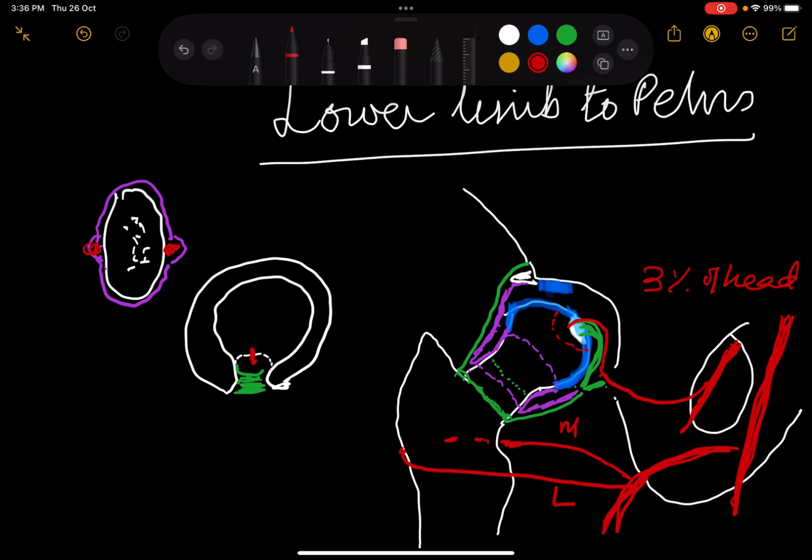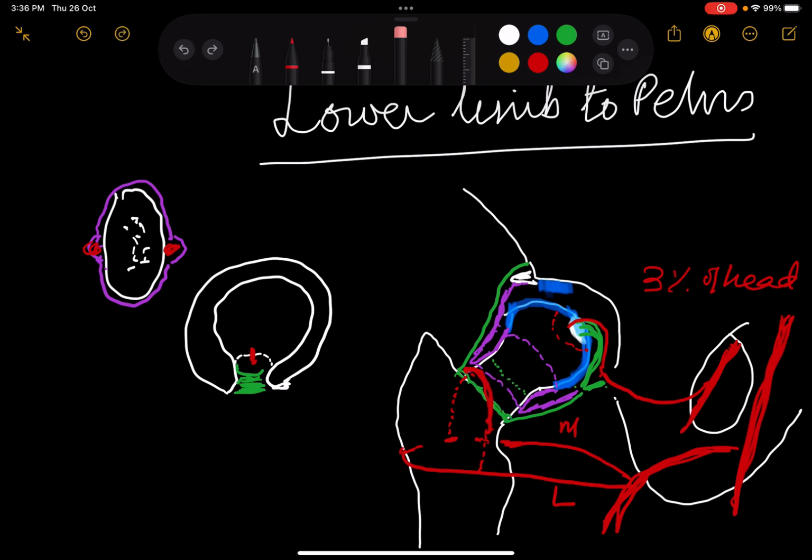The medial and the lateral circumflex femoral artery brace the base of the neck by an anterior and a posterior ascending artery, and this arterial arcade formed at the base of the neck